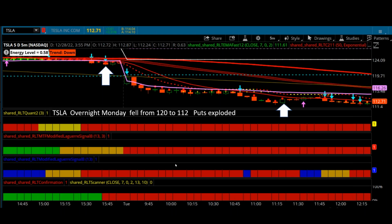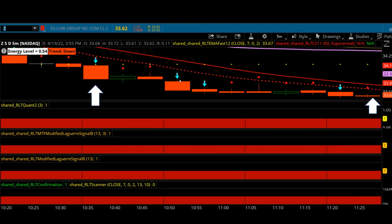Not so much institutions as there were right through here. So that's how we also use this on daily charts to determine stocks that could be swing trades. Here's one in Z, and again, I just want to show you these. Here's a pop out of the box signal. Everything's red. The compass system is screaming at you to go short this. You know, it's certainly telling you not to go long. Go short this, and it's coming below the 15 with a pop out of the box signal, and it comes down and just kind of